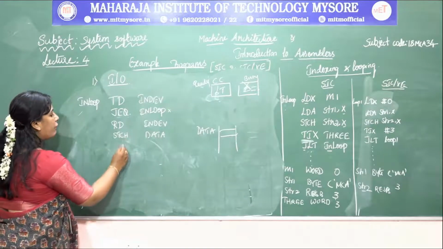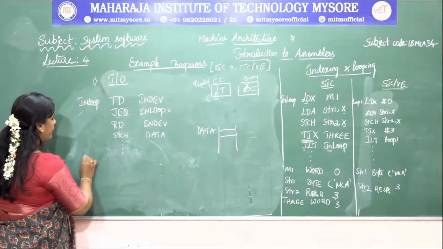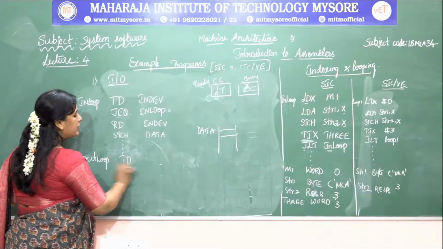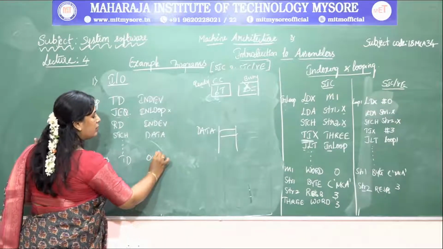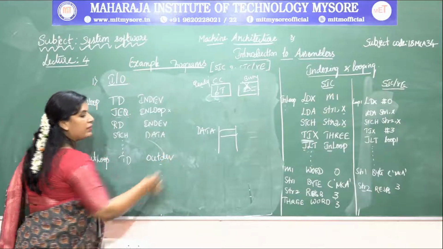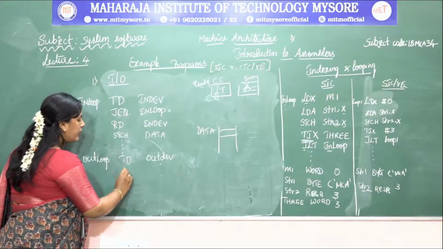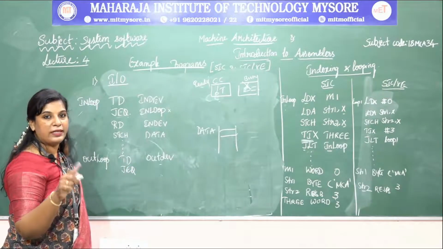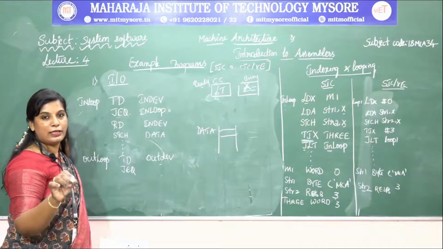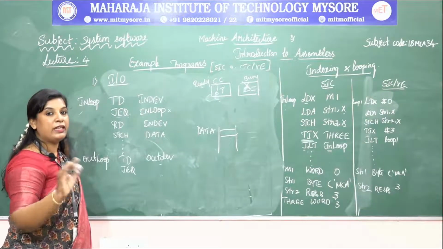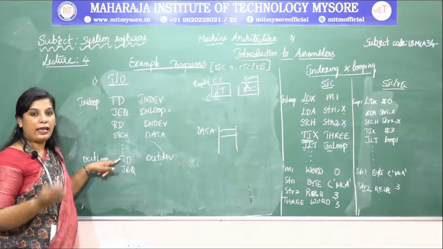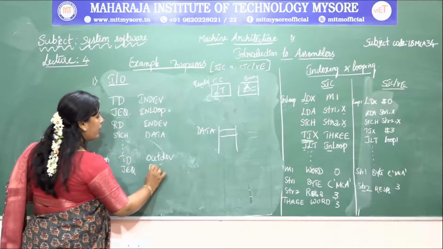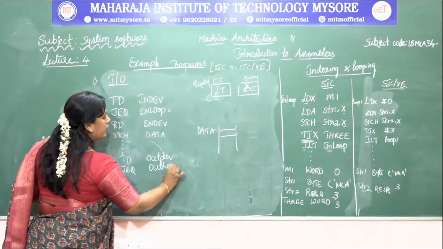In the similar way, for defining the output device, again I am going to test the device, whether the output device is ready or not. Again I am using the same instruction. If the device is ready, it is going to set the conditional code flag bit as less than, otherwise it is going to set the conditional code flag bit as equal. If it is equal, it has to test the device again and again. Hence we are putting this in an infinite loop, here the out loop.